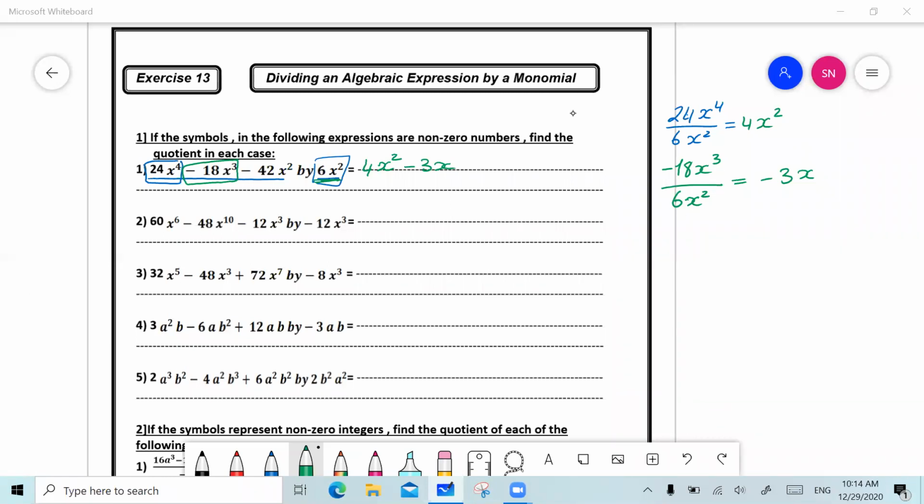I still have one more term, which is negative 42x squared. So I want to have negative 42x squared divided by 6x squared. Negative 42 divided by 6 is equal to